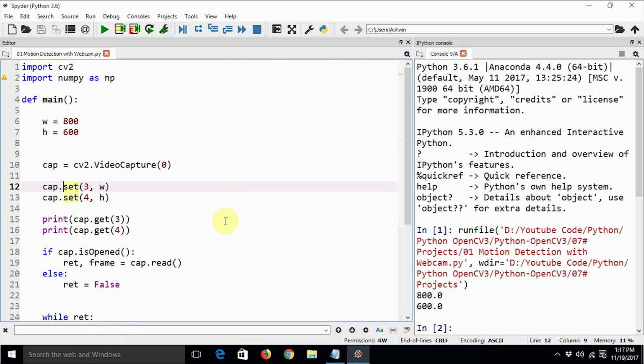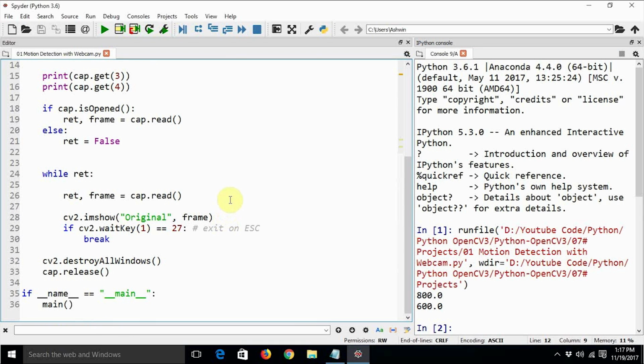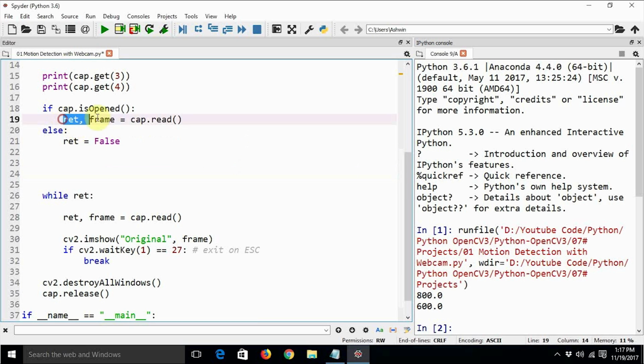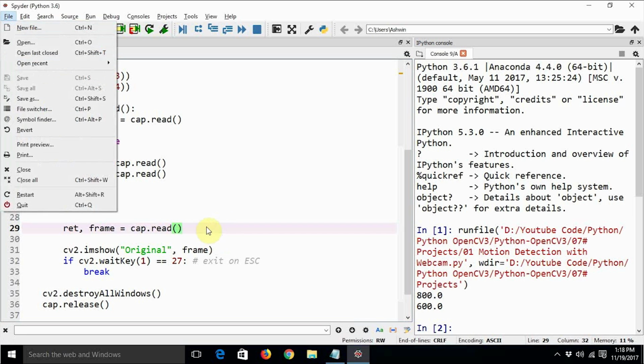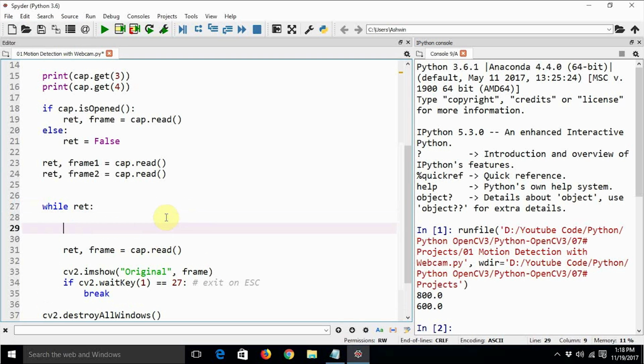The very first thing that we need to do is to read a frame from the camera. We will read two consecutive frames as placeholder frames, frame 1 and frame 2, and then calculate the difference between the frames. Already we are reading two frames at the beginning, before we get started with the loop. That's why this line is redundant, or let's keep it as it is. We might actually have to use it next time, in the end of this loop.